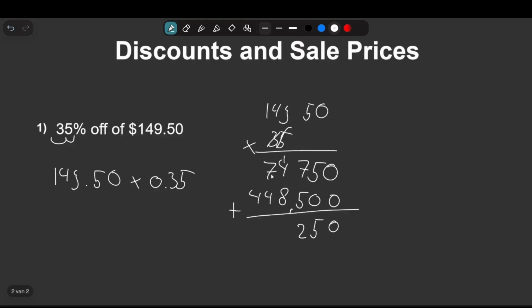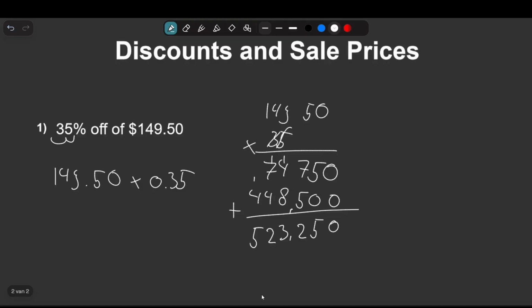Now 5 plus 8 equals 13, so we can place our comma right here, write the 3 down and carry over the 1. Now we have 1 plus 7 equals 8 plus 4 equals 12. So we write our 2, carry over the 1, and now we have 1 plus 4 equals 5. So for our answer we get